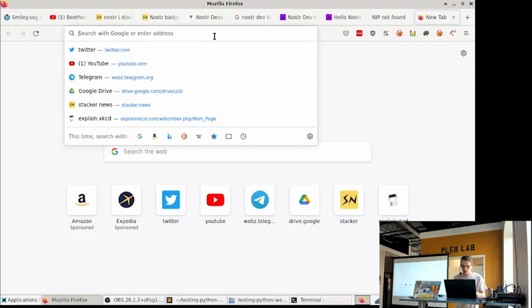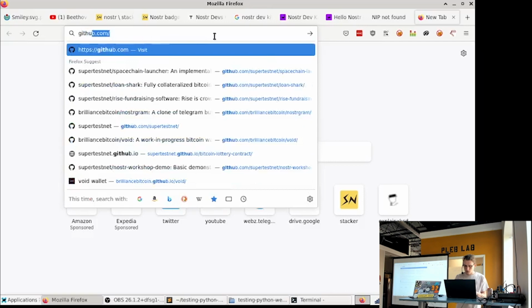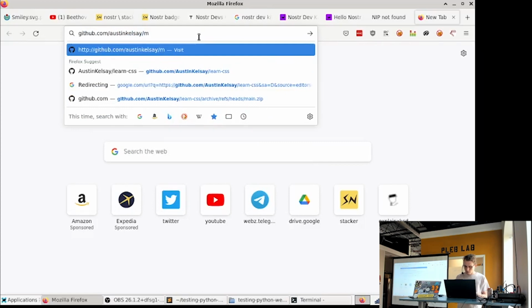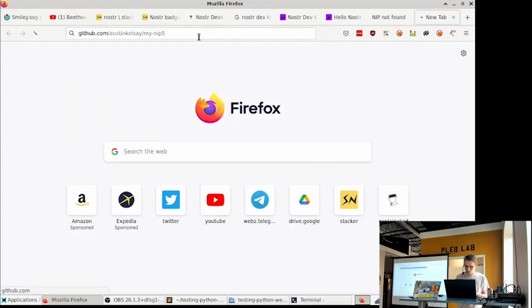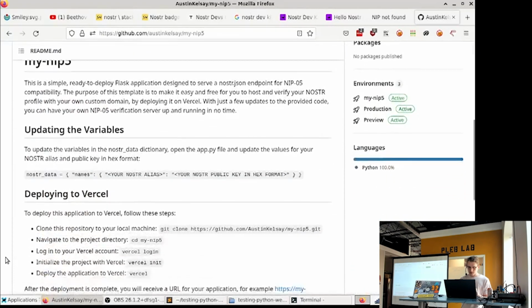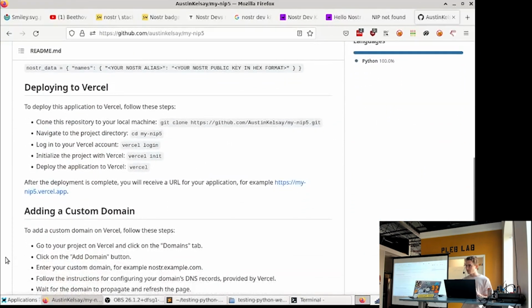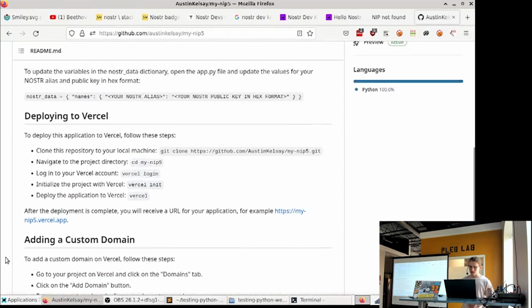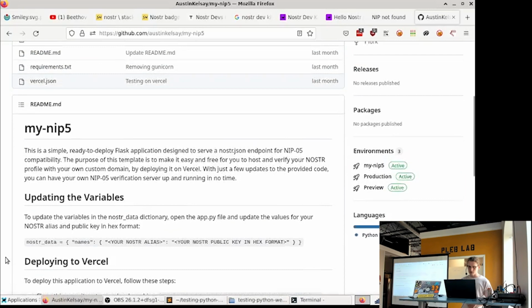Let me find it. Yep, here it is. So Vercel lets you deploy a free Flask Python application. They just let you do it, and then it stays online. It's kind of crazy. So this is what it's using. All you need to do is go inside of this Nostr